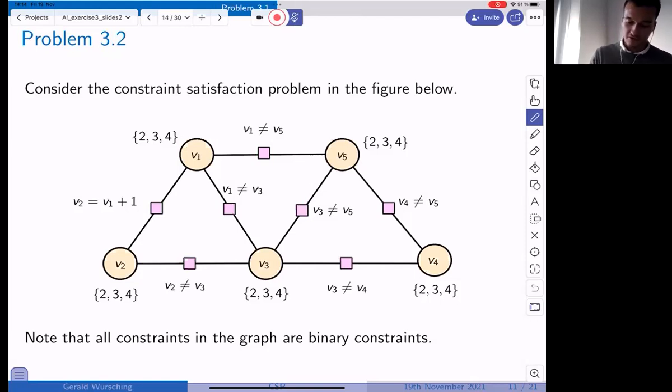So again, we use this notation that variables are represented as circles and constraints are represented as squares. And in this case, we also write the constraints and the domains of the variable here. So I can just write it out. So this is the domain, for example, of variable 1. And this is, for example, a constraint here. Now, in this case, we only have binary constraints. So as you can see, they only involve 2 variables at a time.